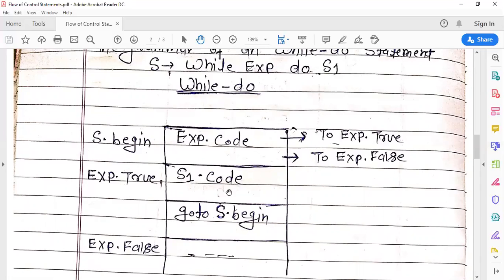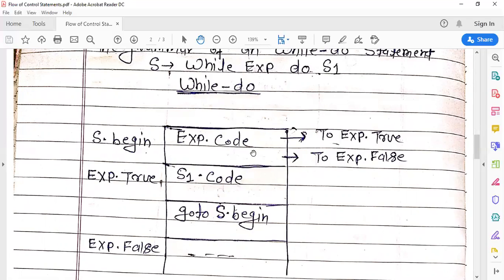S1.code represents the body for the true code. If this boolean expression is false, then your control jumps out of the while do, and we can suppose exp.false is the label which has the S.next code after this while do statement.